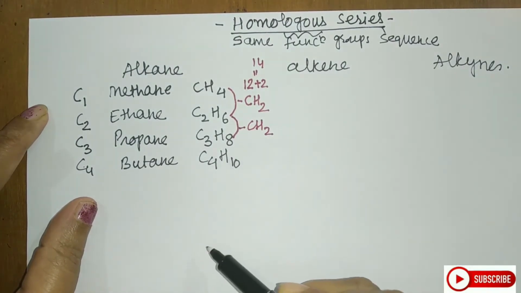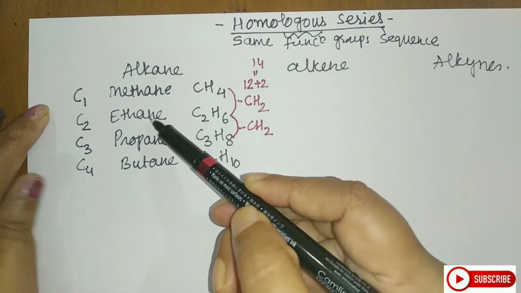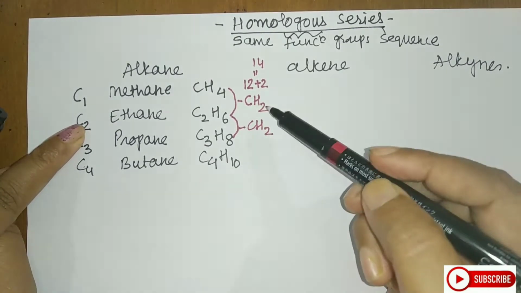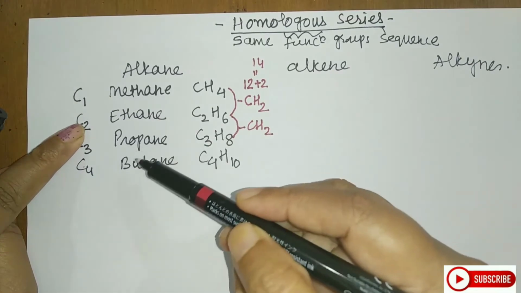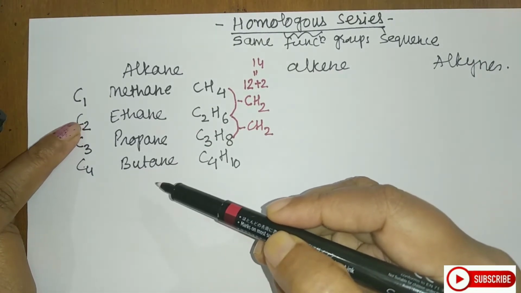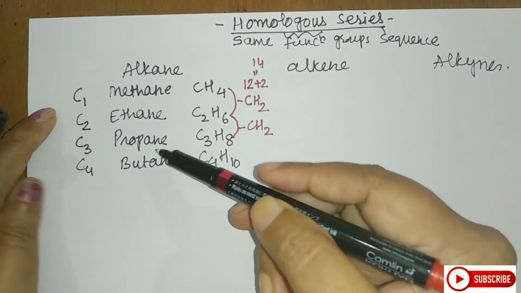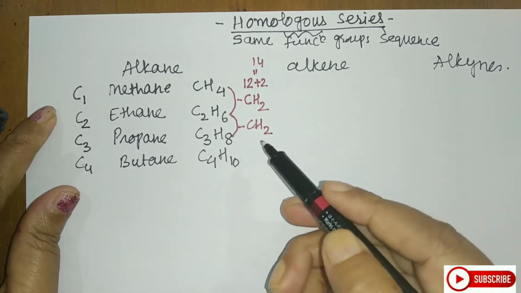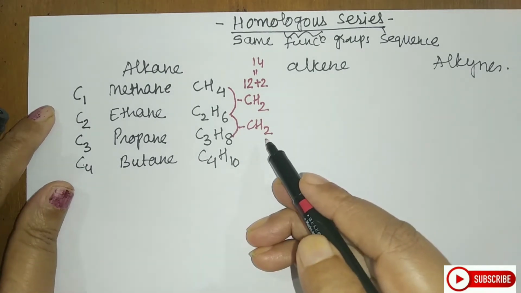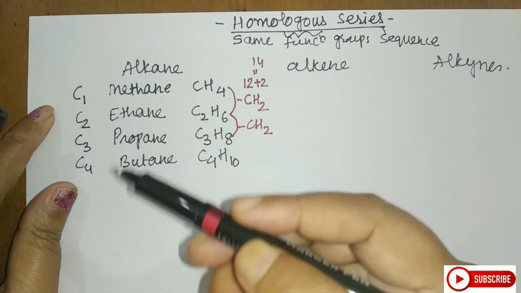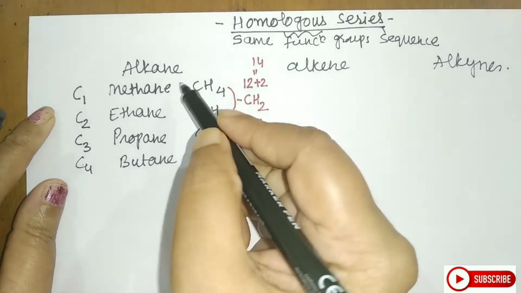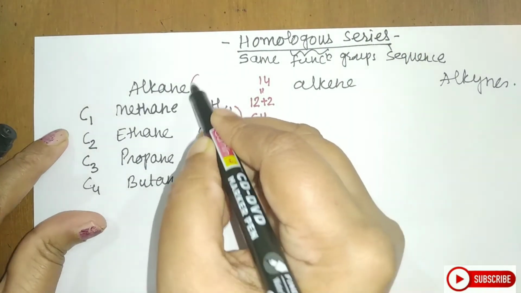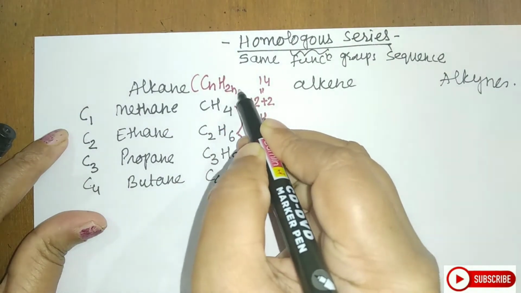and this follows. Now, if the second hydrocarbon differs from the first by a group of CH2, they belong to the same family, and we call them homologues. They are all following the same sequence with the difference of a CH2 group or unit, and therefore we call them homologues of each other. Students, the general formula for alkanes is CnH2n+2.